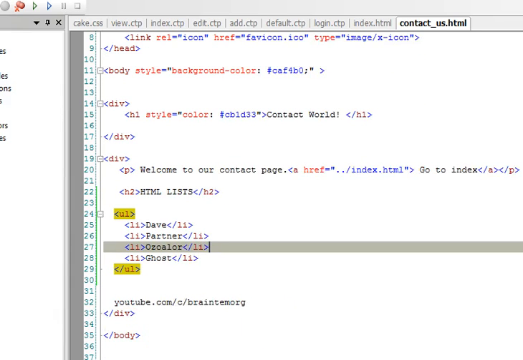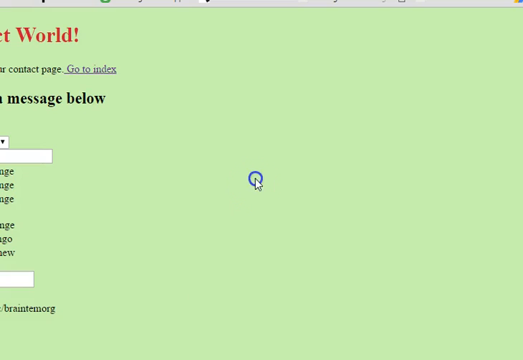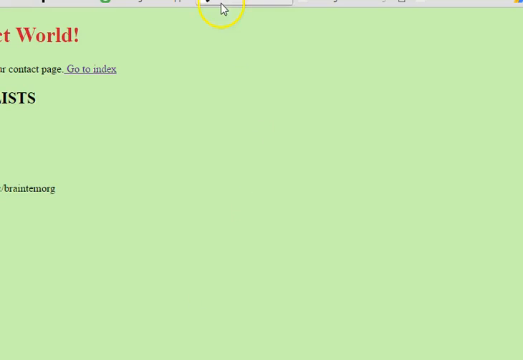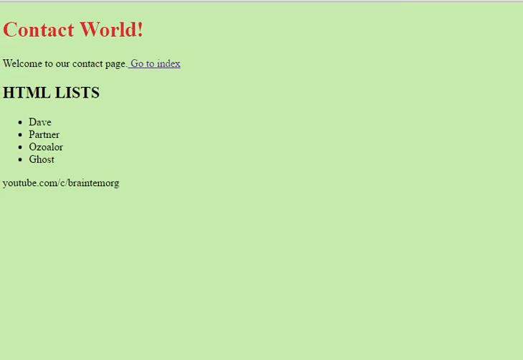Okay, so we get back to our site and check. We refresh and bang, that's what we have here. As you can see, it marked everything with a dot here. That's what it is by default, but you can actually change this using CSS, or you can even